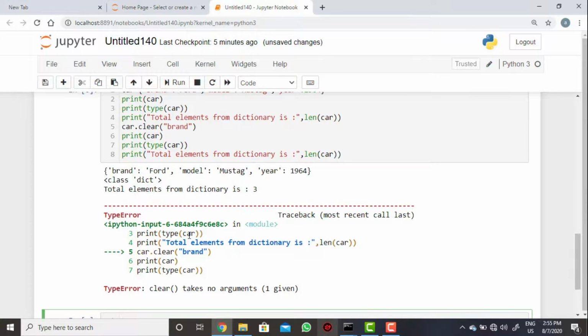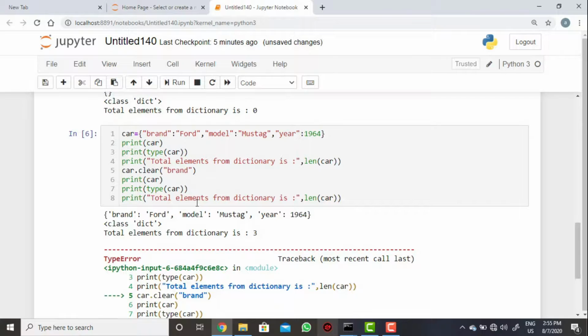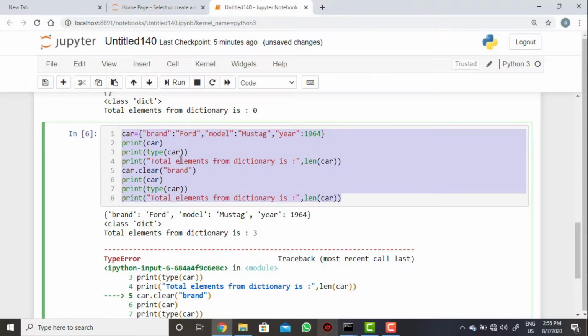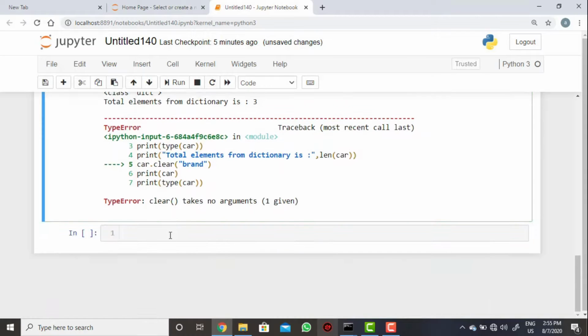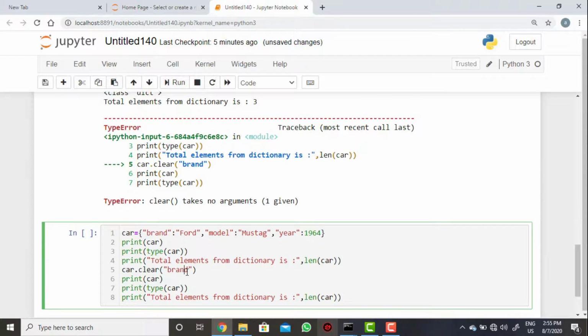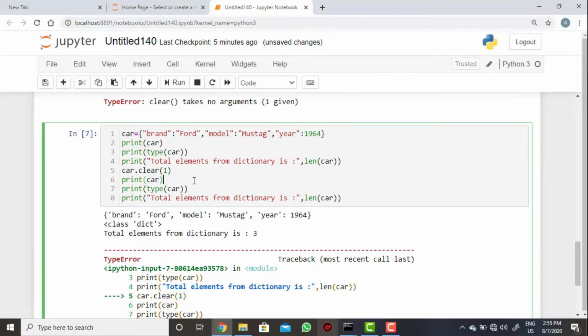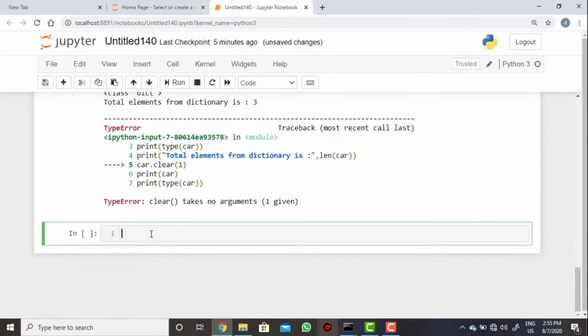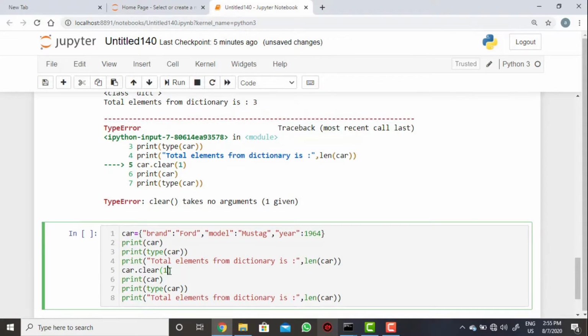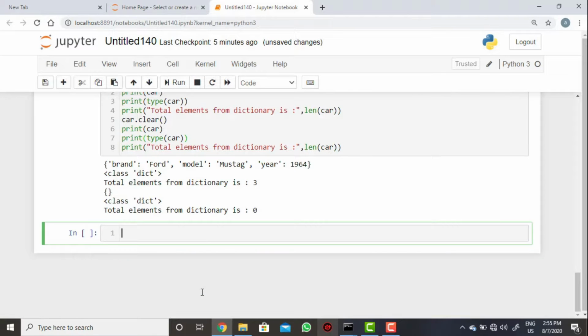It should be empty to remove all the values from the data structure. So always it will be empty here. Even if you give any value, like 1 or 2, the same error will come. So the clear method must be empty when you are going to remove all the values from the dictionary. Let's see here, this is 0.